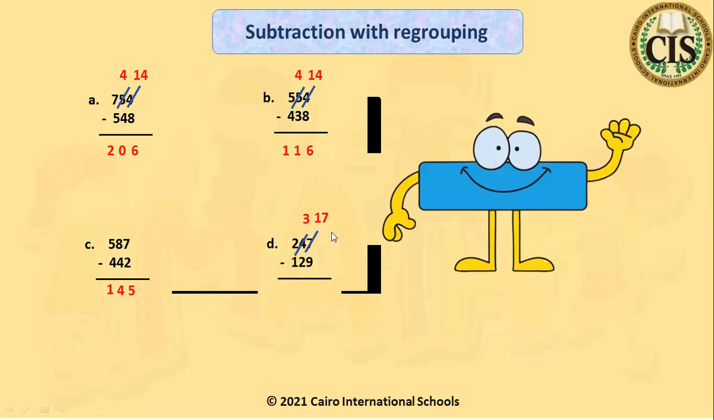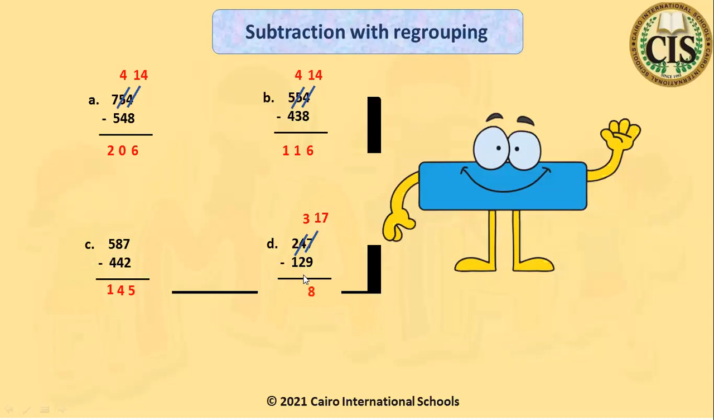Now we have more on the top, so we can subtract easily. 17 minus 9. After 9: 10, 11, 12, 13, 14, 15, 16, 17. 8. 8 fingers. Very good. 3 minus 2